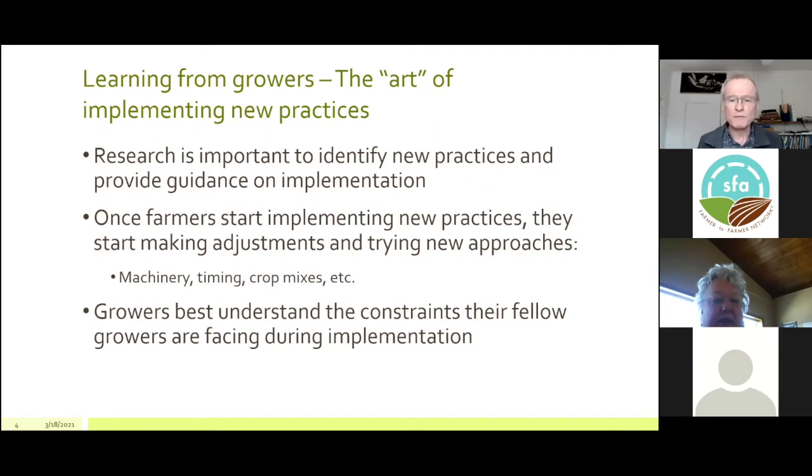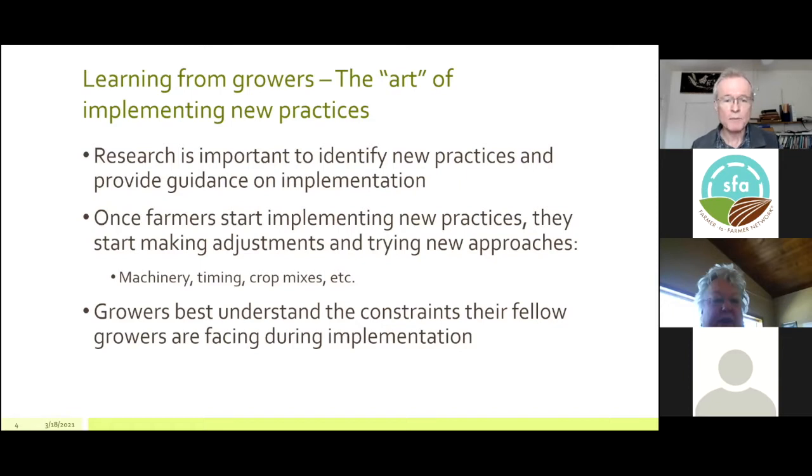And I think one of the things we've learned through these case studies has been fascinating, listening to the farmers talk about the process they've gone through. They are innovative. They're changing their machinery, timing of when they put in their crops and cover crops, if that's the case, different crop mixes, but they're just trying all kinds of things. And that's really a very rich source of information that we need to think about how we make these systems work, and so we're trying to capture some of that innovation that goes on, the learning that these producers are engaged in as they implement the systems.